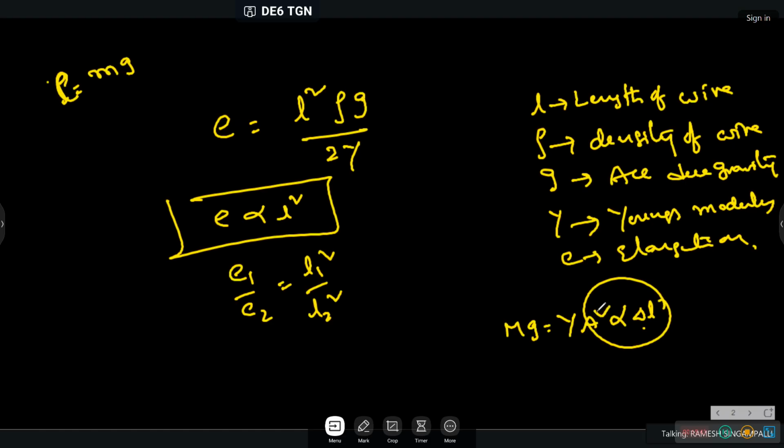We did thermal expansion. So here in place of elongation, what is that? Elongation is delta L only now. So e is equal to what? mg by... mg is nothing but what here? Amma, don't copy. See how to see these all things. You have to see. One minute, Amma.